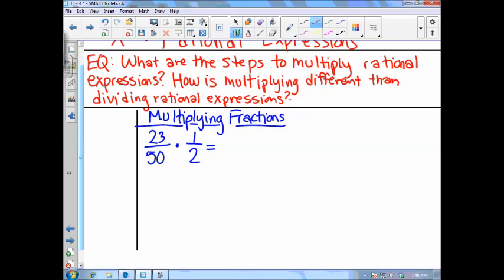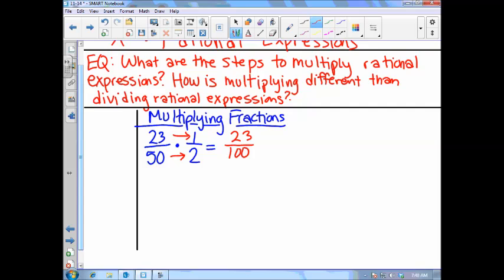So, how do we multiply fractions? Straight across, right? So we do 23 times 1, which is 23. And 50 times 2, which is 100. Not divided, times. Okay, so we multiply straight across, and we always have to check and see if it